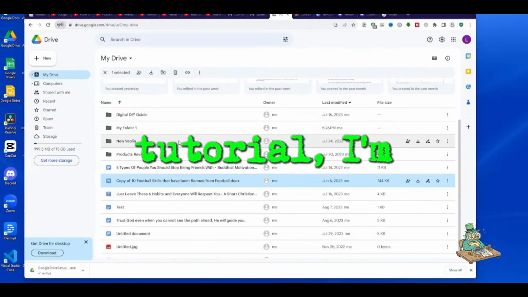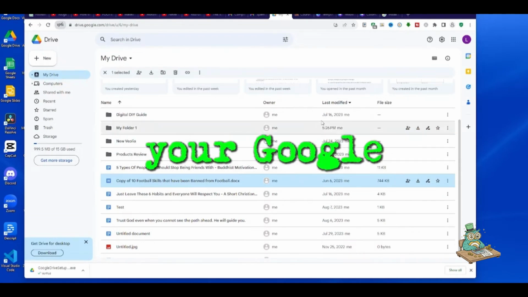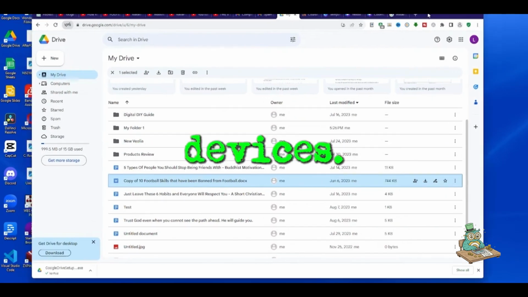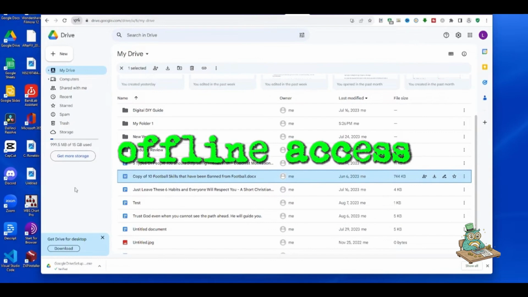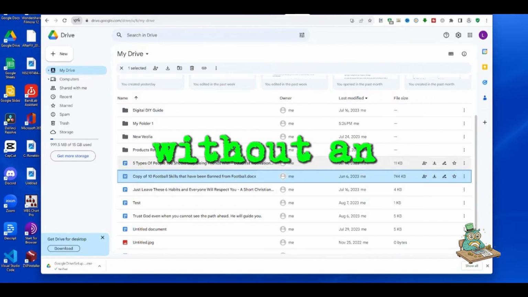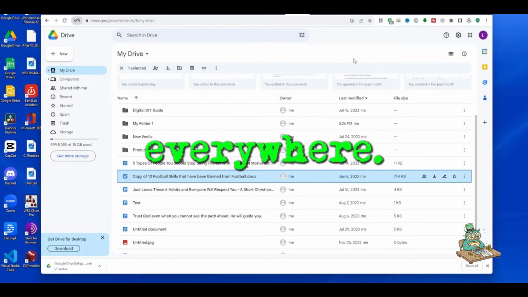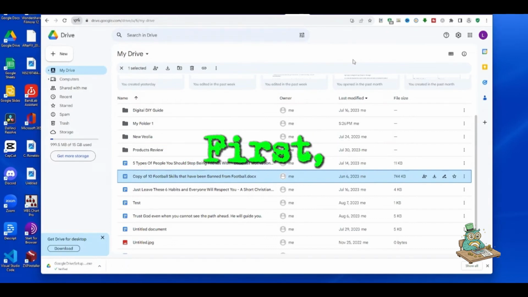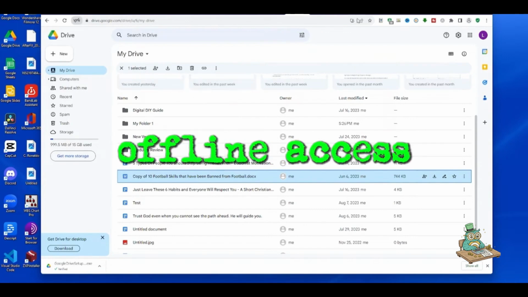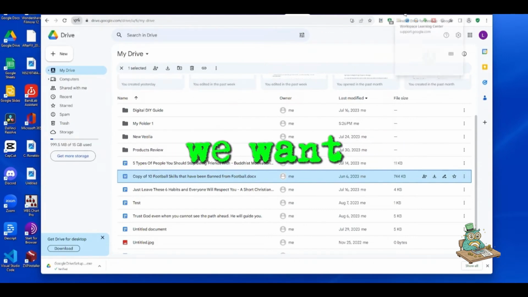In today's tutorial, I'm going to show you how to access and sync your Google Drive files offline across devices. Having offline access allows you to view and edit files even without an internet connection. And syncing makes sure the file changes are updated everywhere. So let's get started. First, we need to enable offline access for the specific files and folders we want available